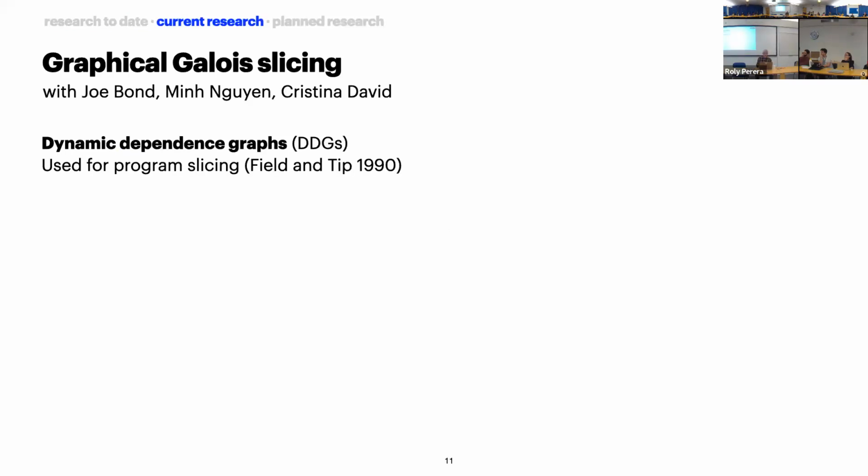Okay, so I'm going to talk now about something we're currently working on that builds on the concurrency work I mentioned earlier. One problem with this approach is performance. We spend a lot of time rewinding and replaying sequential traces. That doesn't really make sense, because the reason slicing is useful in the first place is that even ostensibly sequential programs have lots of independent parts. So we can take advantage of this by